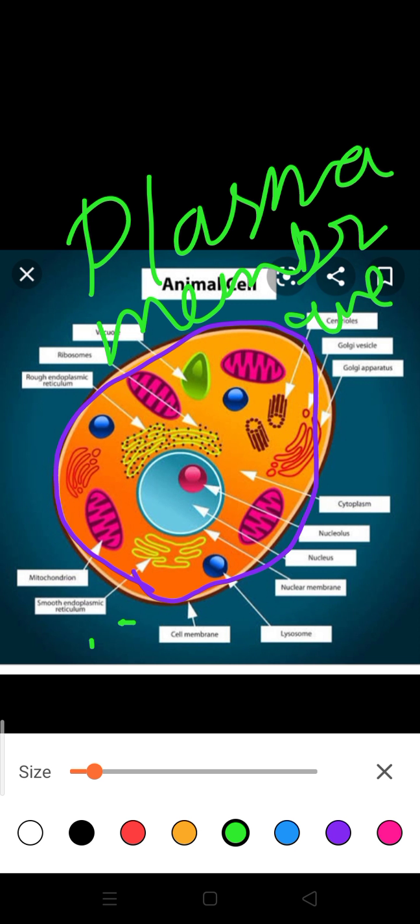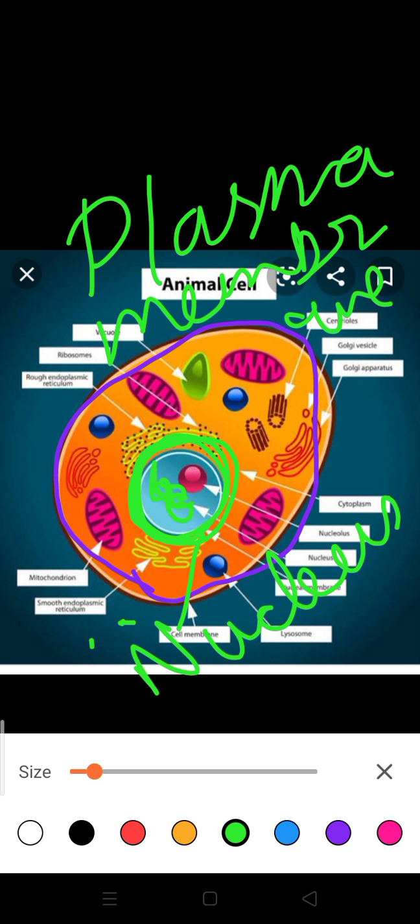Okay, now the second thing we have to be very careful to understand. This is the centrally located ball-like structure. Clear? This centrally located ball-like structure is known as the nucleus. What is it? Nucleus. Okay, the nucleus is filled with chromatin, and this chromatin is composed of DNA and mRNA and tRNA. Clear? So this is the main composition of the nucleus.